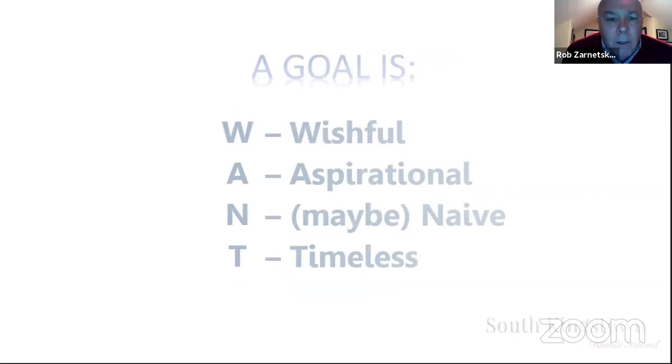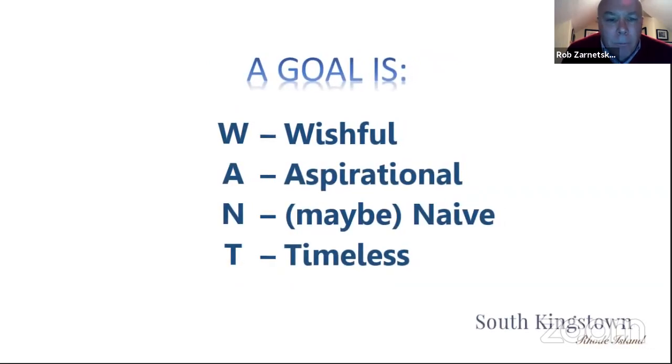The goals, on the other hand, are very aspirational. They're wishful. I wish we had more of this or less of that. I wish everything could stay the same with regard to this priority area. They're aspirational. They're what we're aiming for. This is the design that the community wants to see in the long run. Sometimes they're naive.